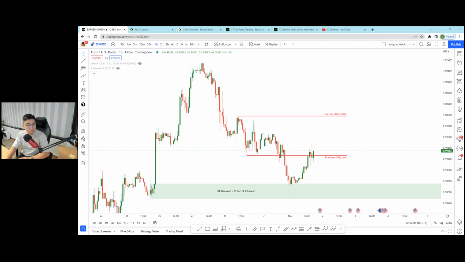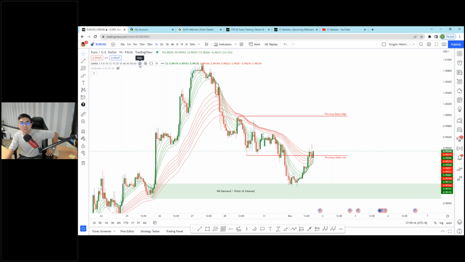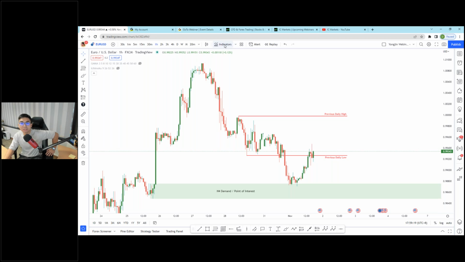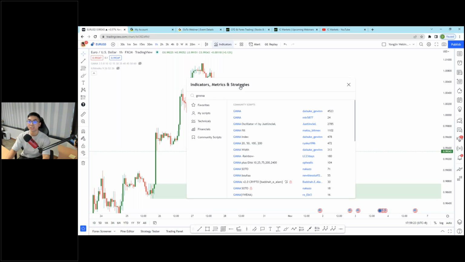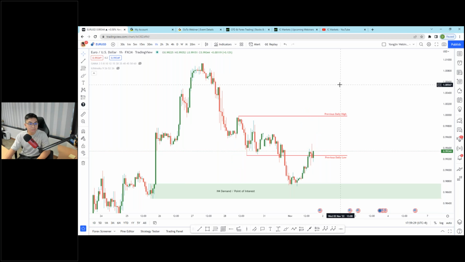Thanks, no problem. Hamid, you said any change in indicator settings? No, there's no change in indicator settings. It's all by default, so you can search it up. I'll just do a quick repeat for you, Hamid. It's under indicators. You just search GMMA. It's the first one, so you just click on it. There's no settings for you to change.